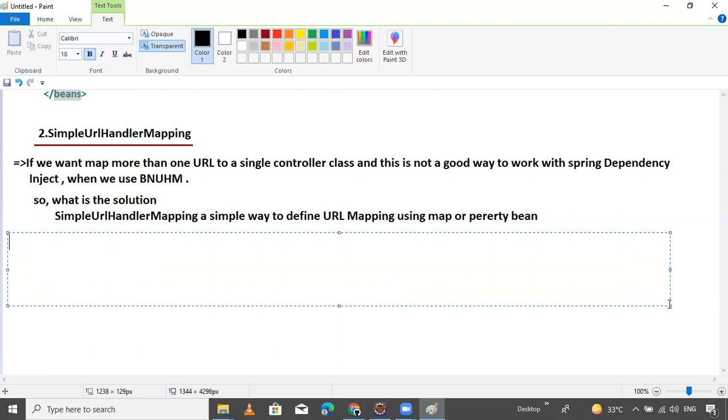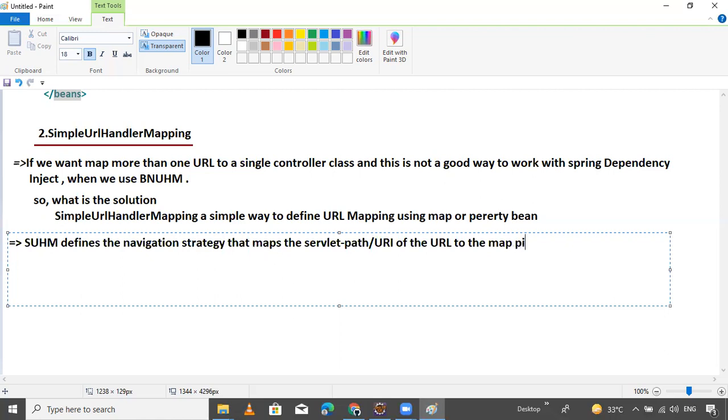So write down: Simple URL handler mapping defines the navigation strategy that maps the servlet path or URI path of the URL to the map. If you don't know what URI and URL are, just watch my video in the advanced Java, guys. Here I will not discuss it.